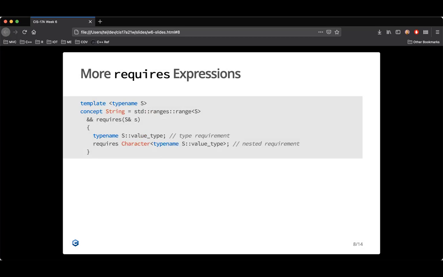There are more requires expressions, by the way. Here we're looking at a requires expression inside this concept definition. Oh, by the way, this range is another standard concept, defined in the ranges library. It's saying that this type needs to be a range. We're trying to define the concept of string. So inside this requires expression,